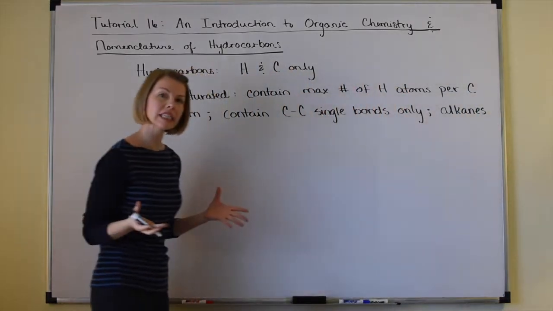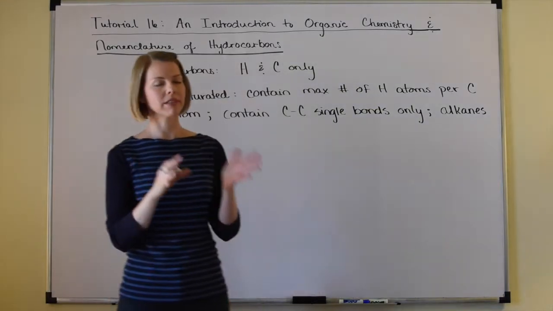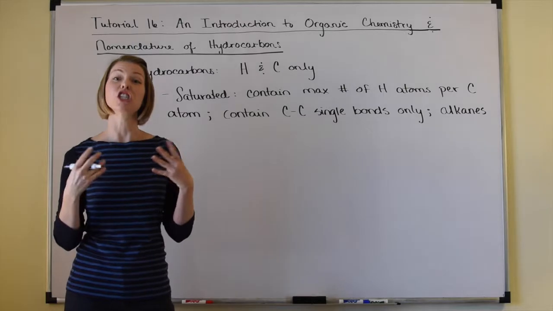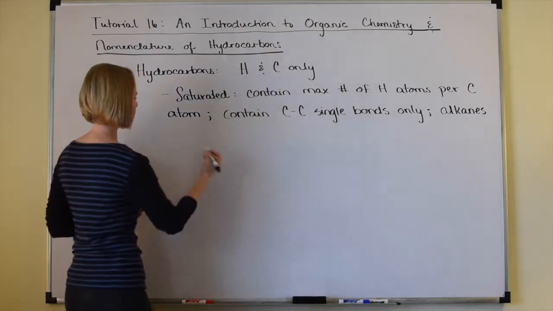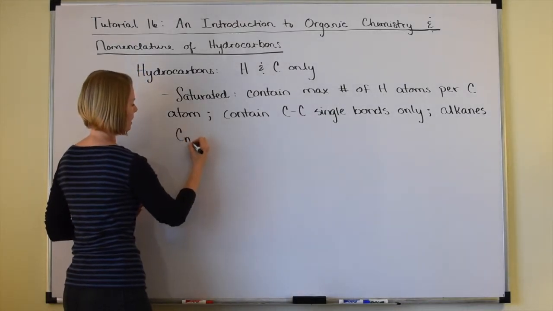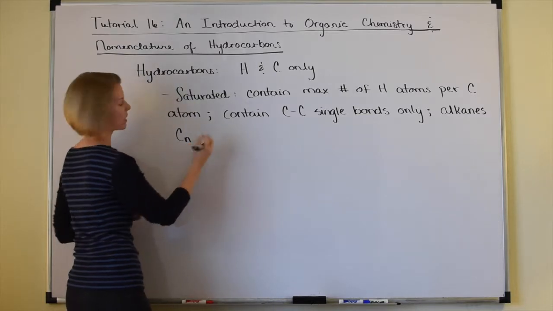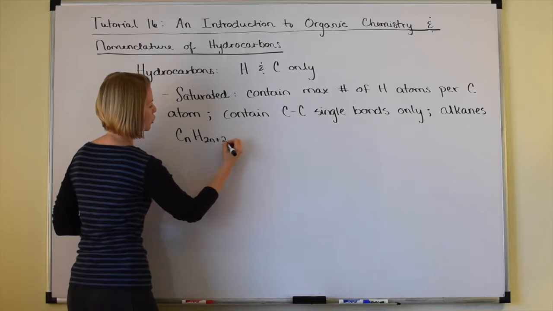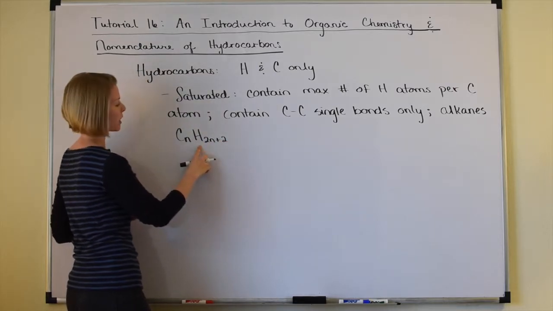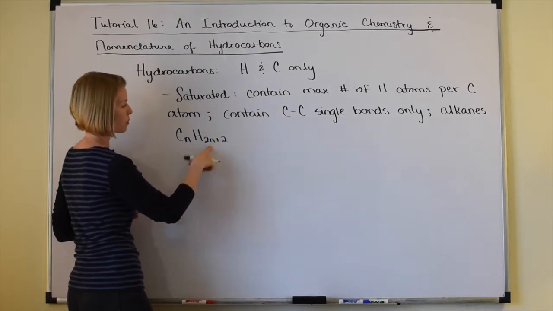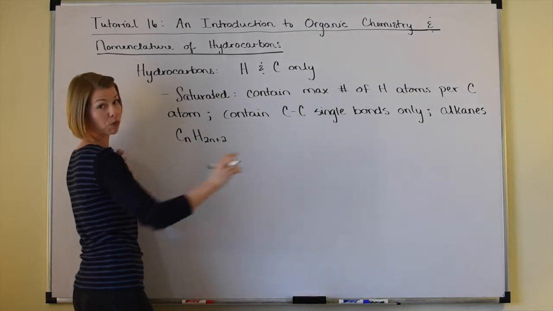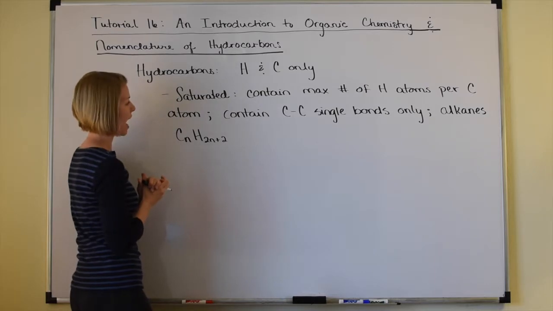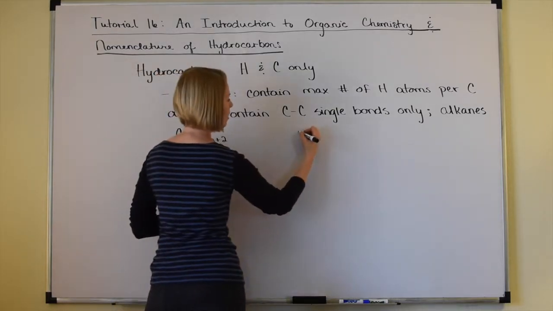And alkanes, except for cyclic alkanes, will always follow this general formula. They will follow the formula CnH2n+2, where n is the number of carbons. So the number of hydrogens will be 2 times the number of carbons plus an extra 2 for the terminal carbons. So let's go ahead and take a look at an example